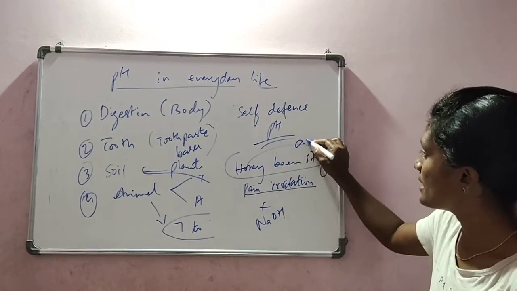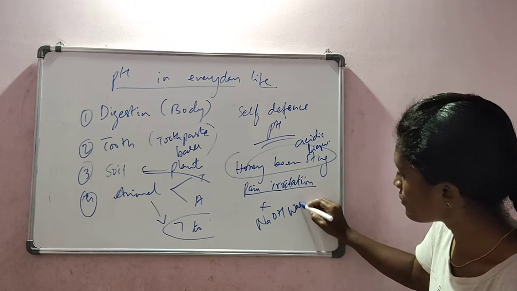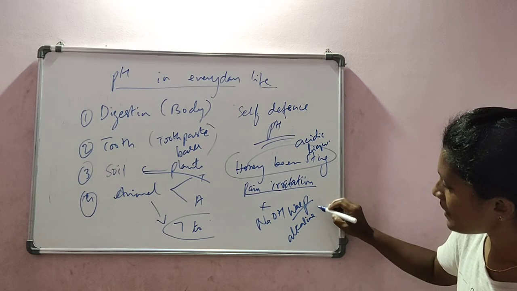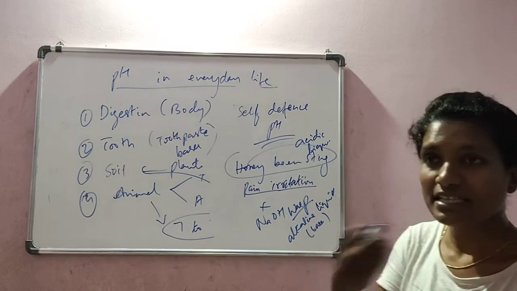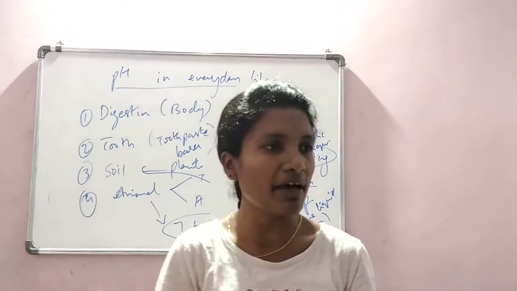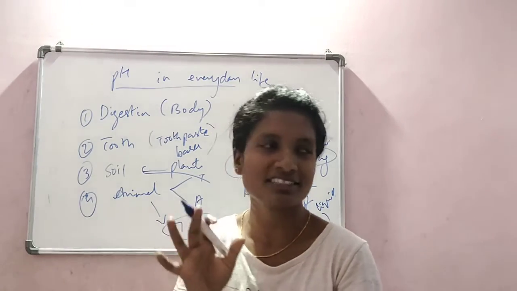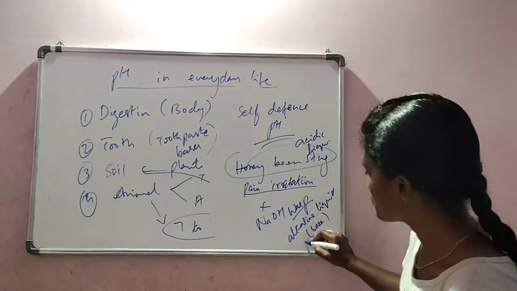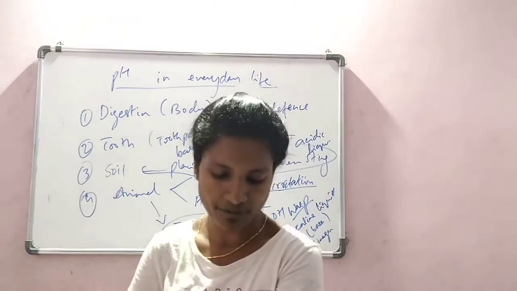Similarly, a wasp is a kind of insect which injects alkaline liquid. Honeybee injects acidic liquid, whereas the insect called wasp injects alkaline liquid, that is basic in nature. It is putting a base into our body. So we have to use some acid. Don't put hydrochloric acid or sulfuric acid. It will spoil the situation. So we can use mild acids like vinegar. If we use vinegar, then the reaction will be neutralized and we get relief from that.